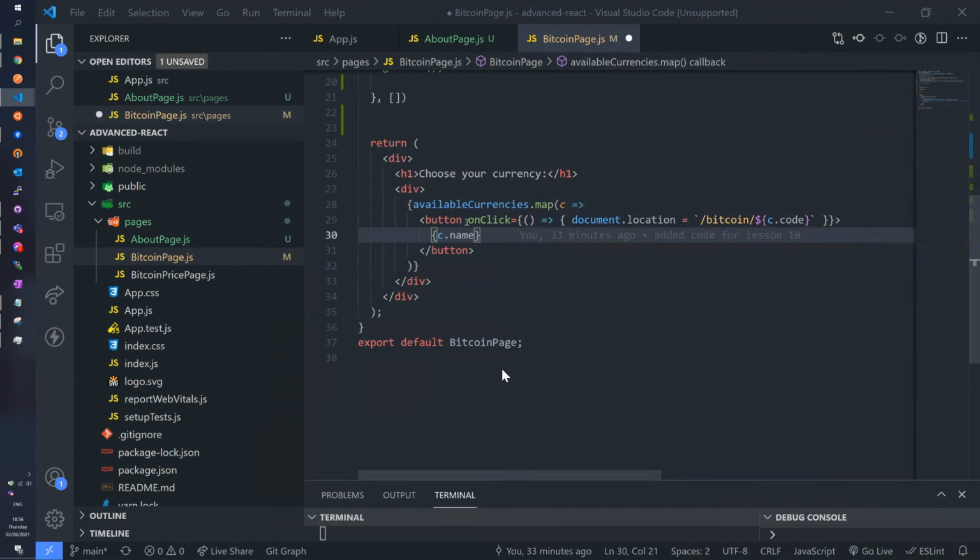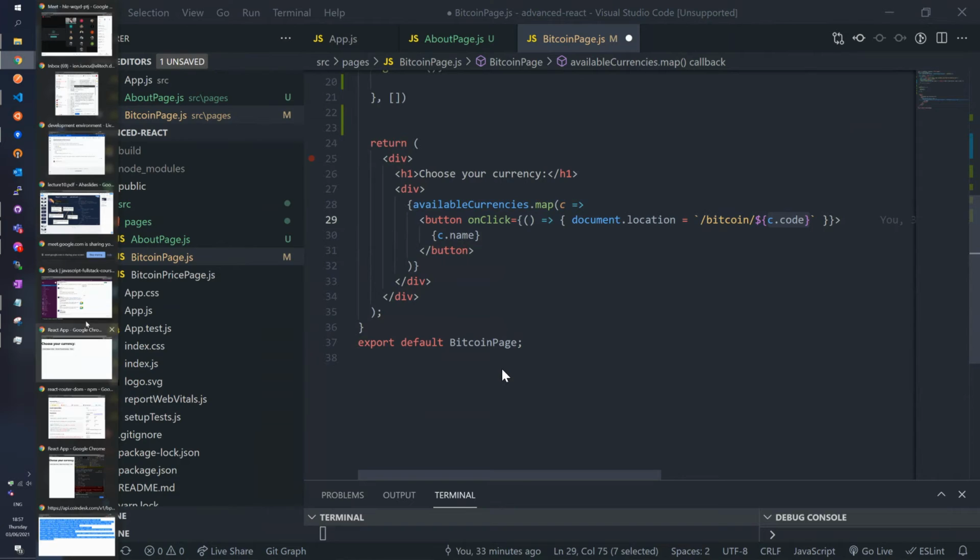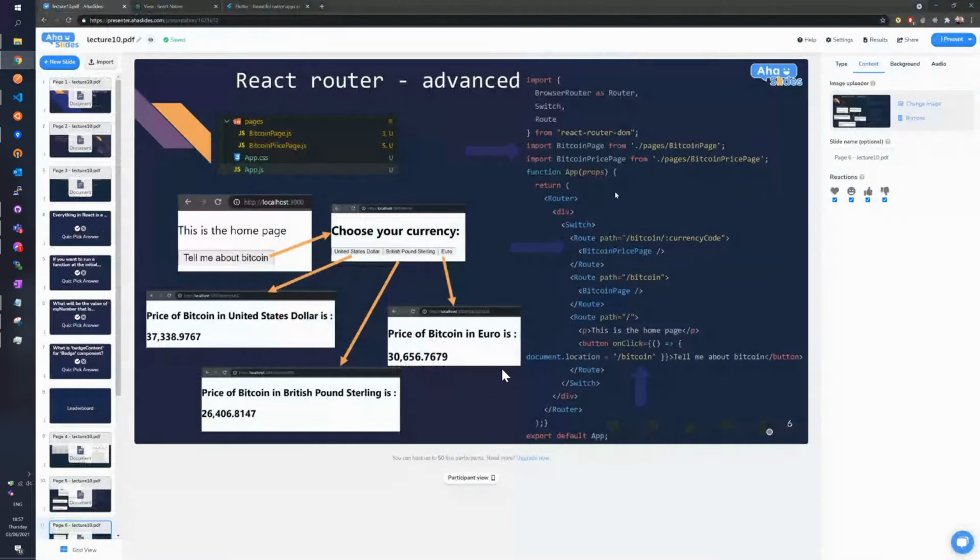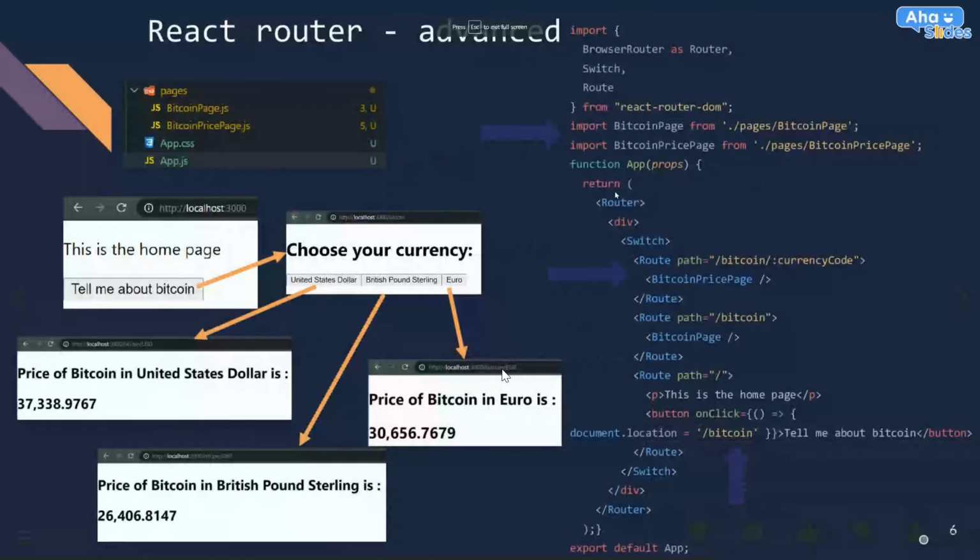And what I want is that on click, I want to go to the web page called /Bitcoin/ and there comes the dynamic part, /code. So that will either be /USD, /EUR, or /GBP.